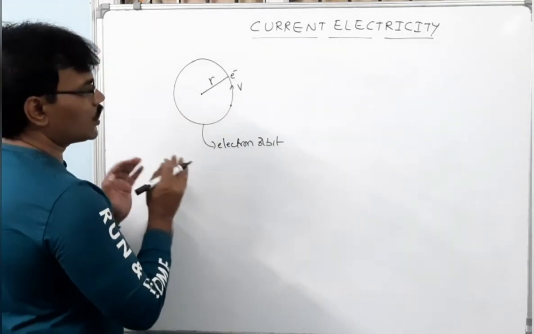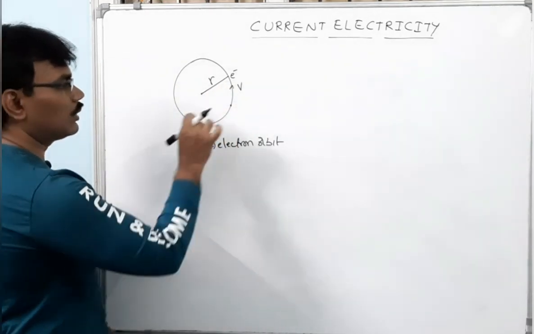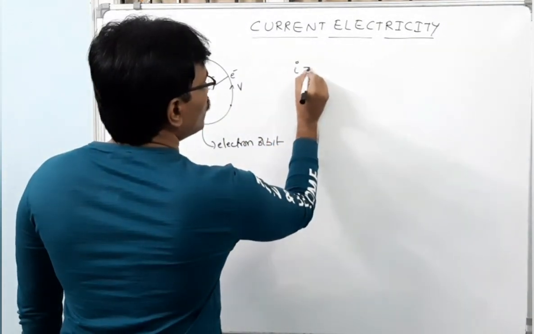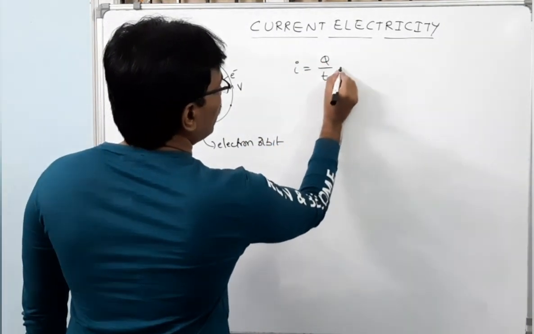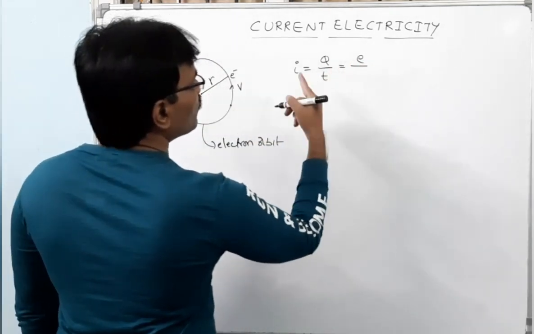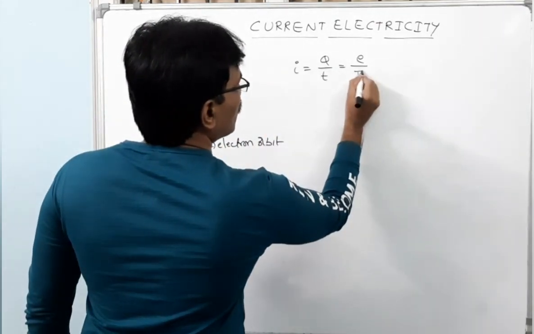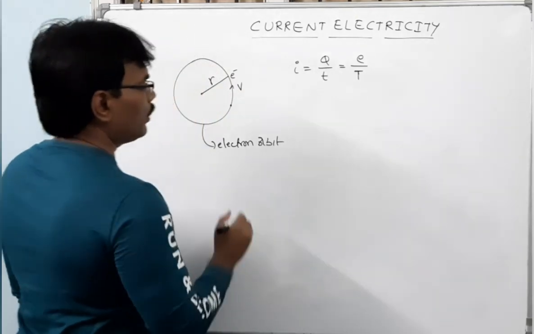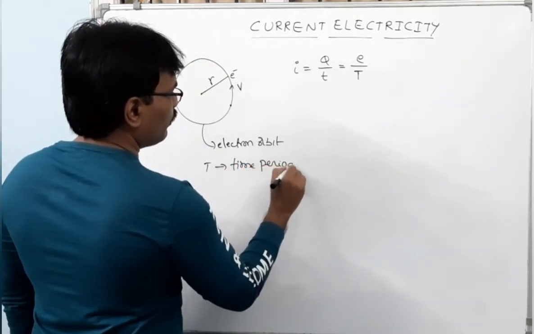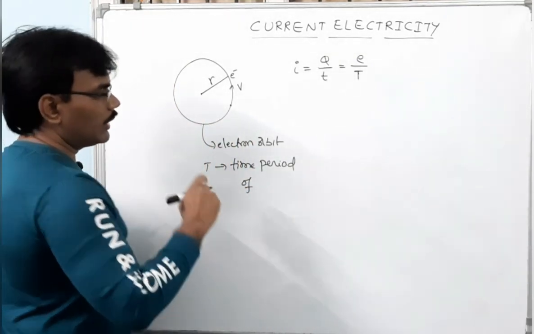What is the average current crossing a point in an electron orbit? You take any point, and what is the average amount of current flowing through that point? We know from the definition, average current equals total charge upon total time. Here only one electron is there, and that electron is revolving with respect to time. If you consider a time of one time period, then current is equal to the charge of the electron divided by its time period, the time period of revolution. What is the meaning of time period of revolution? The time taken by the electron to complete one round is called its time period.